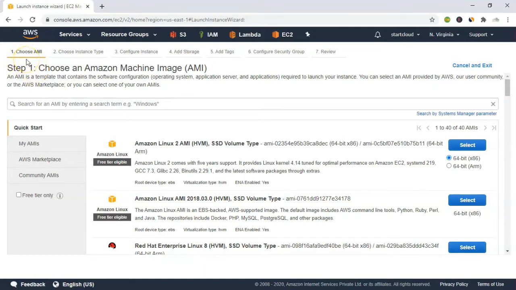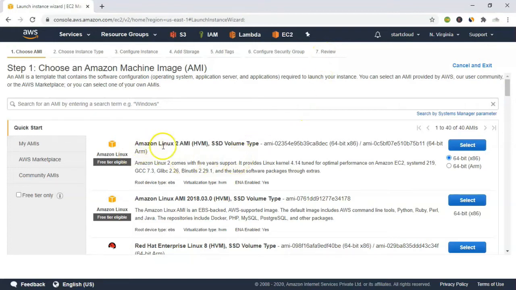First we have to choose an AMI. AMI is an Amazon Machine Image, like a virtual hard disk drive. Choose Instance Type is the next step, wherein we choose the instance type. It will provide us how much RAM and how much CPU we want. Then we can configure the instance, add storage, add tags, and then configure security groups, like who can connect. It's like a firewall. And finally we will review and launch it.